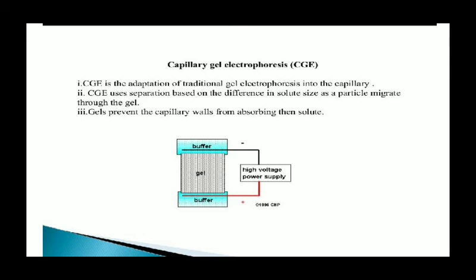So the primary application of capillary gel electrophoresis is the separation of large molecules. You can separate proteins using this technique, and you can also separate DNA fragments and oligonucleotides, right. The main advantage of this technique over slab gel electrophoresis is a wider range of gel matrix and composition. You can detect online, with improved quantification and automation. That's why this technique is very advantageous and very helpful.